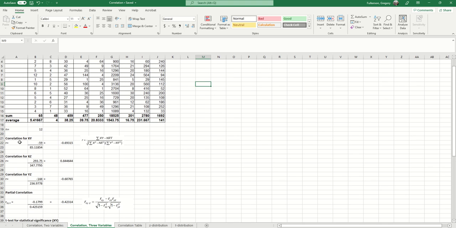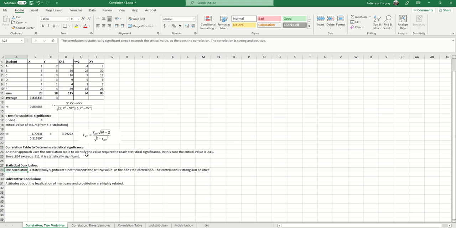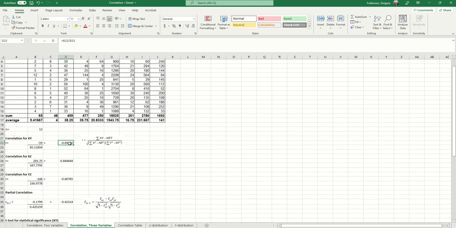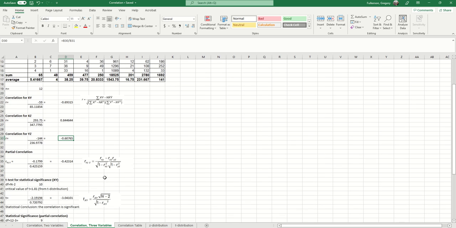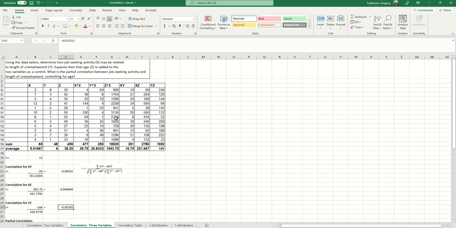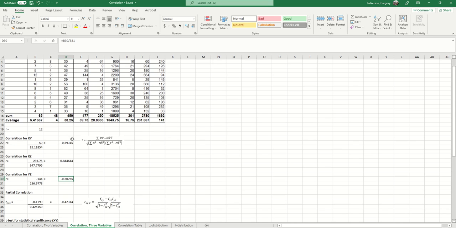So we have a correlation for xy using the same formula for each of these 3, except substituting xz instead of xy, or yz instead of xy. Right? But basically the same formula. Same math as before, so I won't go into that. You can see the correlations appear here. And then the question also wanted to know about a partial correlation. So what is the effect of the independent variable job-seeking activity on the dependent variable of length of unemployment controlling for age? Okay, so